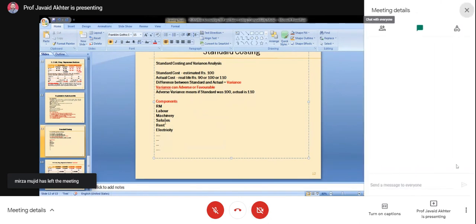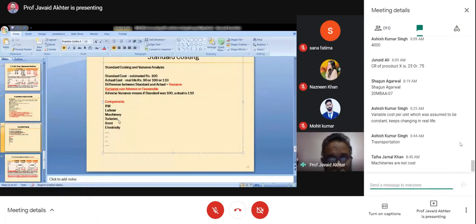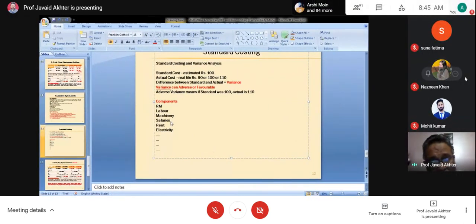See, you have written salaries. There can be salaries of class A, salaries of class B, salaries of class C. You can have, like, advertisement. There may be unendingly 50, 100 items. Against each item, we will have minimum 2 columns. If we are making this as a table, what shall we write here? We will write here standard, and we will write here actual, and then we will write here variance. Am I right?